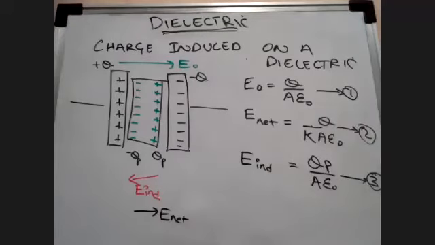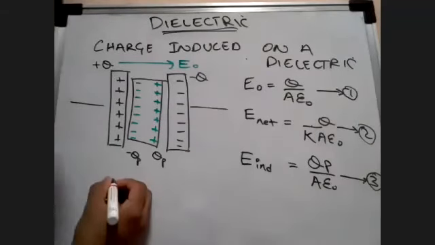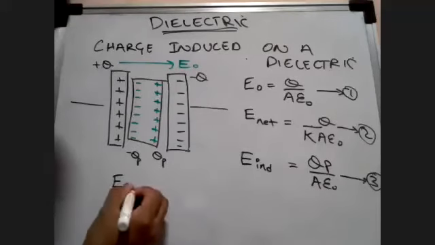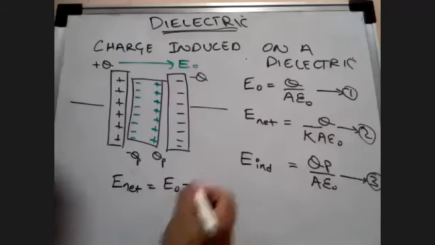So if I consider direction and I want to find out the magnitude of the charge on the dielectric. The topic here is charge induced on a dielectric. If I have to find that out, let's write down a small expression. Tell me, what is it going to be? E net is going to be equal to what? External field minus induced field.